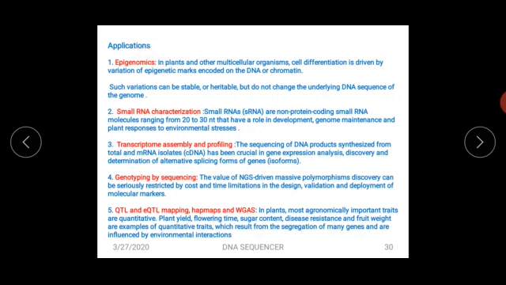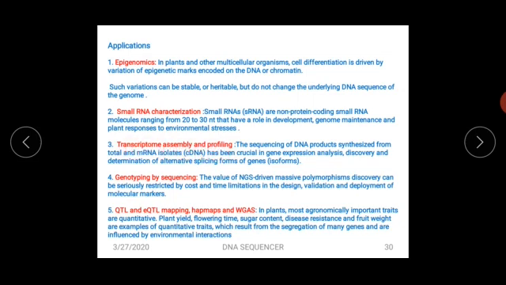So this is a very important instrument to understand cell differentiation in plants and multicellular organisms, in terms of the DNA sequences which have a function in cell differentiation, and which can be understood by DNA sequencing. Further, small RNAs can also be characterized by reading their DNA or RNA sequences. This is very useful in the field of genomic maintenance and plant response to environmental stress.